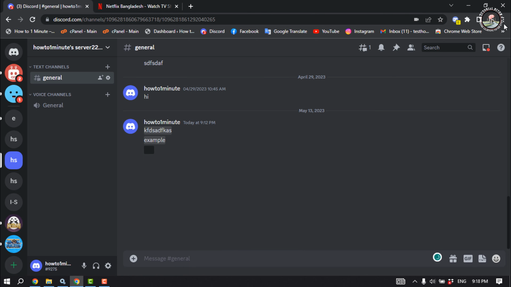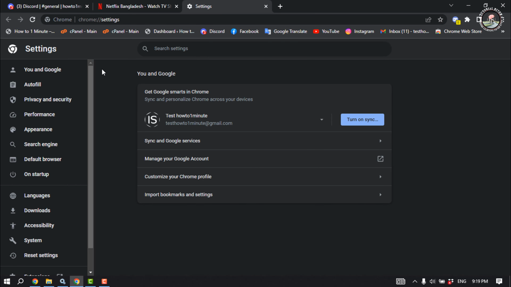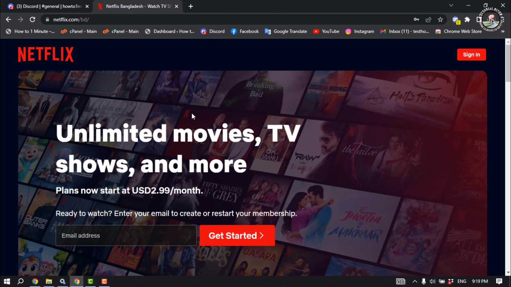To do that, click on this three dot and go to settings. Click on this search box and type here hardware, and then you will get the hardware acceleration option here. Make sure to toggle this switch off to disable hardware acceleration, then relaunch your browser, then open your Netflix and